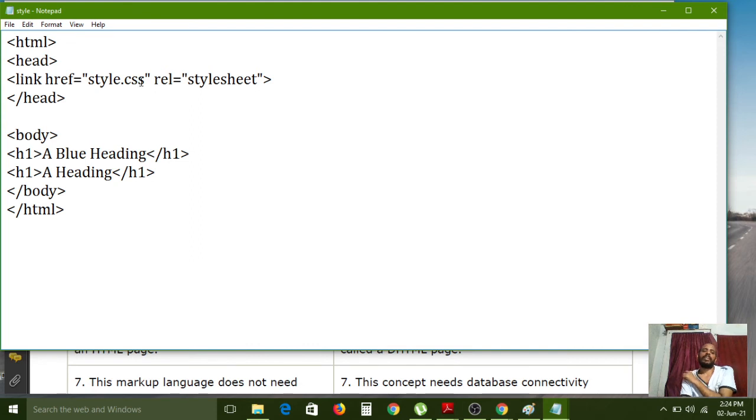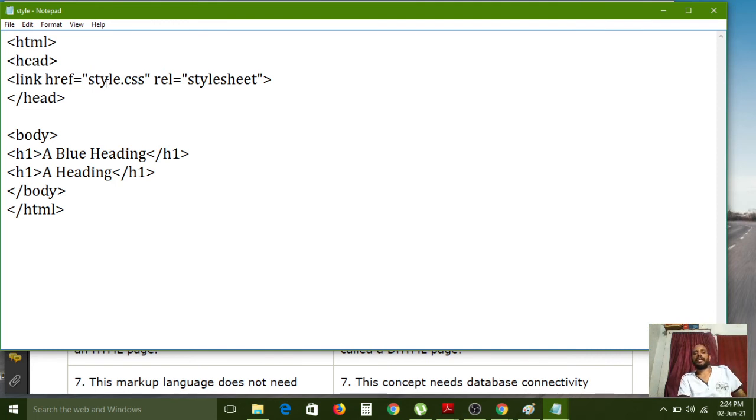After saving this file, I need to link that file to my current document. Then only these two tags will work based on that style sheet. Whatever properties I have assigned in style.css for the h1 tag, if you link it here, then only the h1 tag will receive those styles. Otherwise, it cannot receive them. Here I have used the h1 tag two times, so the style is applied two times by using the CSS file.